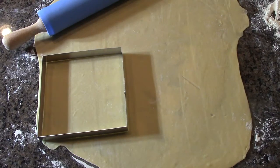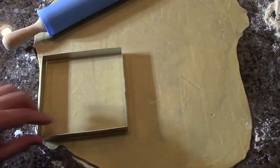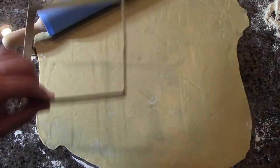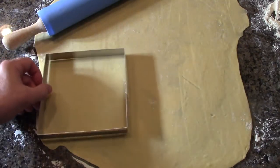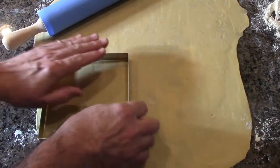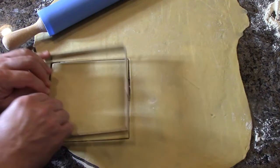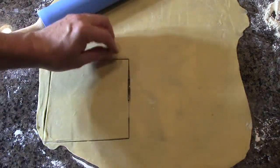So here the dough recipe has been completed, and it's rolled out, and it's about a 1/16 of an inch thick, the dough, matching the template of the cookie cutter. So you just want to line it up on the dough and get as close as you can to the edge, and just push down, and you can see it creates a pattern in the dough,